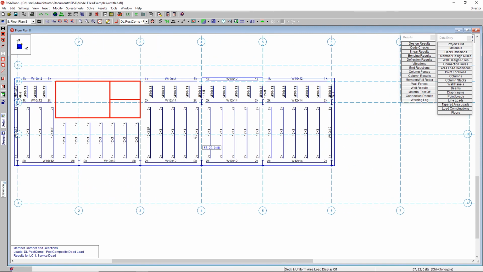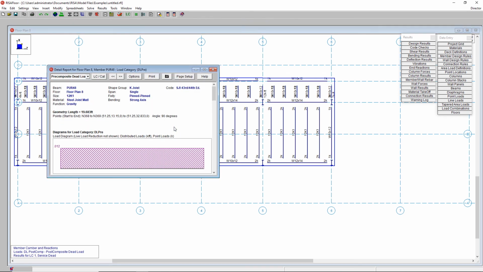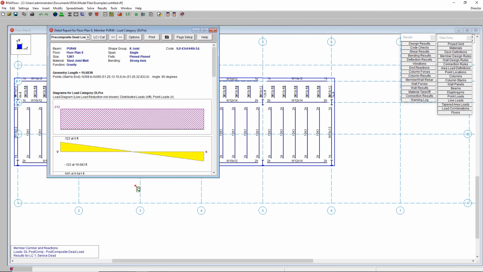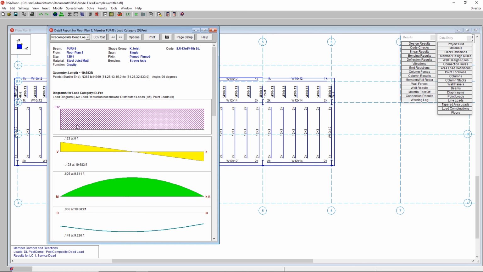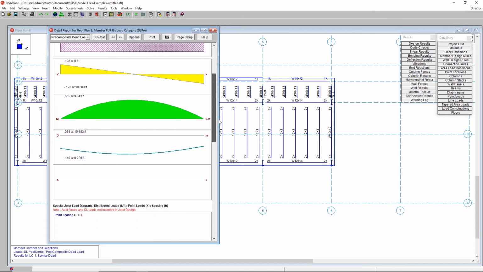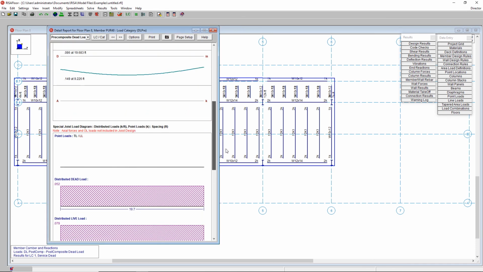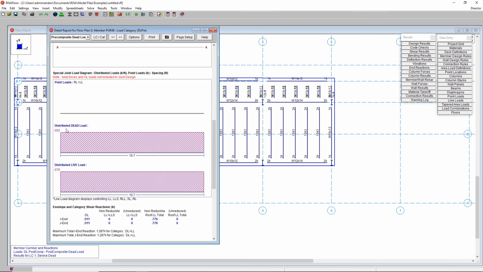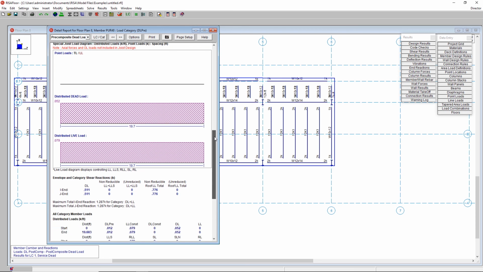When I have a joist design, I can look at a detail report of a joist design, and it's going to be very similar to what we just saw for a beam. We have a shear and moment diagram. Again, these shear and moment diagrams are interactive, just like in RISA 3D. But you can scroll down below. Mostly what joists care about is a uniform distributed dead load and a uniform distributed live load. It's a UDL or ULL, and then we turn that into a load here that we look up in the